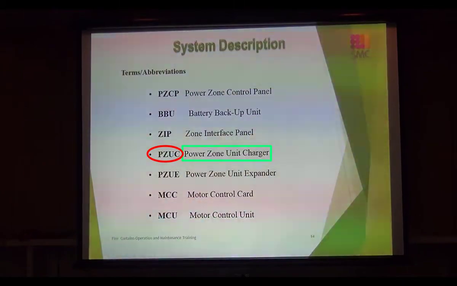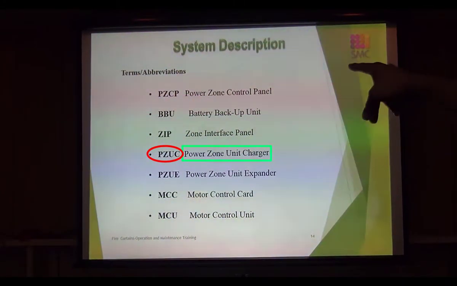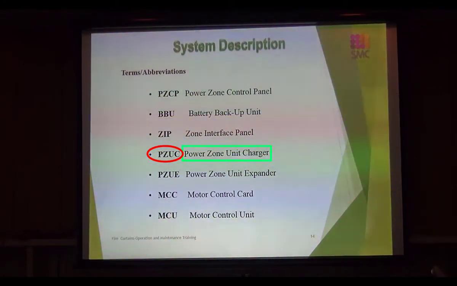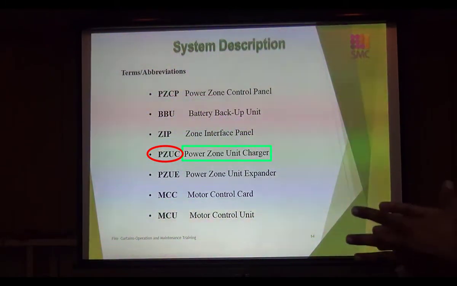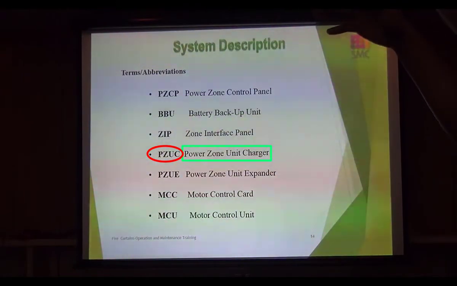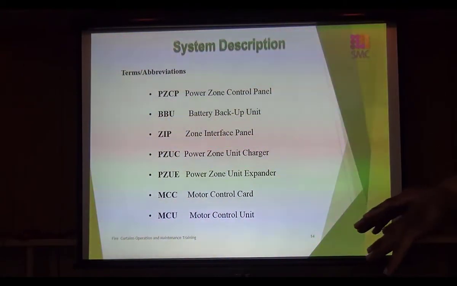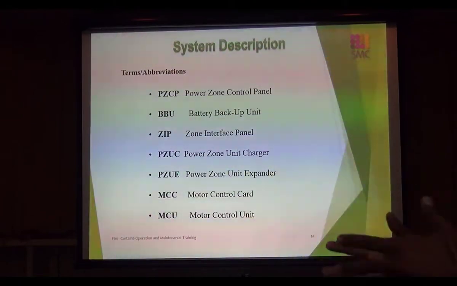It is used for charging different areas. This is for BBUs, which is not required here. It is for some other purposes. Here we will be using only BBUs and MCUs and the other components, because we don't require ZIP and PZUC